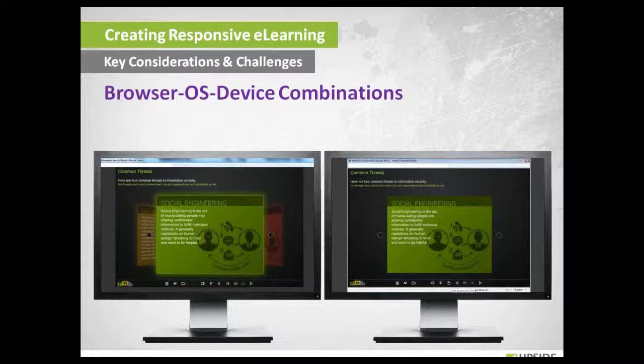But on a browser which does not support HTML5, it becomes a click-through kind of interactivity where you click on each slide and it takes you to the next slide. With the framework, we were able to solve this issue in terms of how to cater to different device types and browser OS combinations. So if you're not on a browser which supports HTML5, it should still give a nice experience to the user.